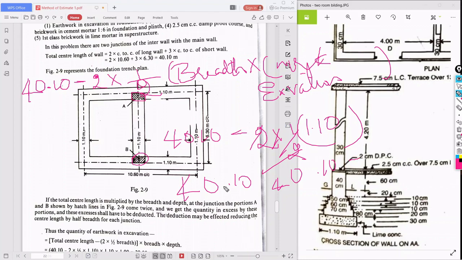So 39 is the length, the center to center, total center line length for this excavation. Now this 39 into whatever be the breadth and whatever be the height, multiply, you will get the quantity.